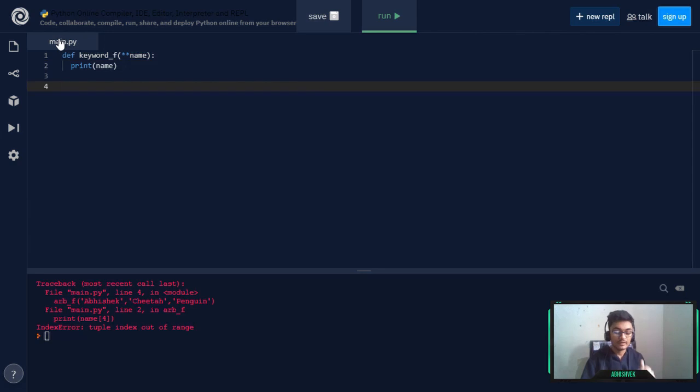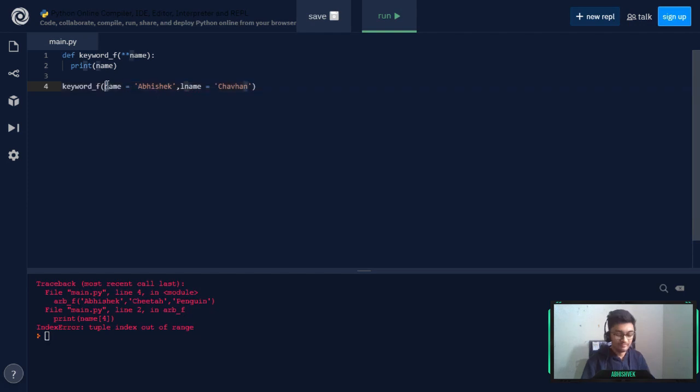So I type keyword f, and I can provide arguments in the form of a dictionary. So here I can write name to be, let's say, Abhishek. Now it will be a key as well as a value, and similarly let's provide last name, which is l name, and the value of my surname, which is Chavan.